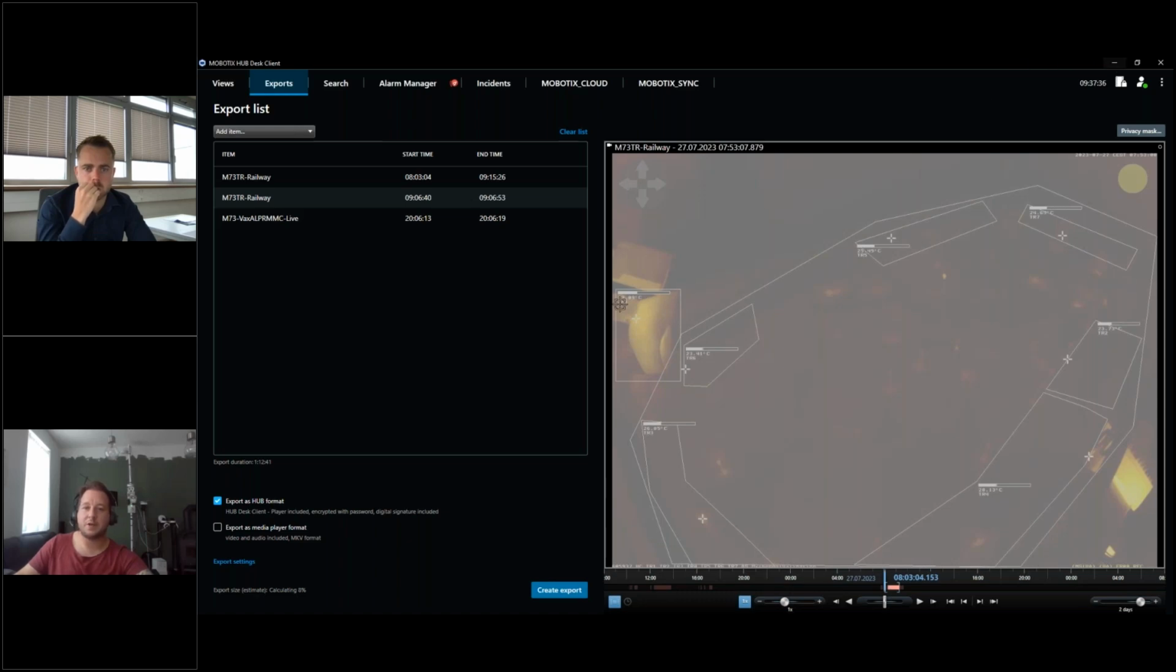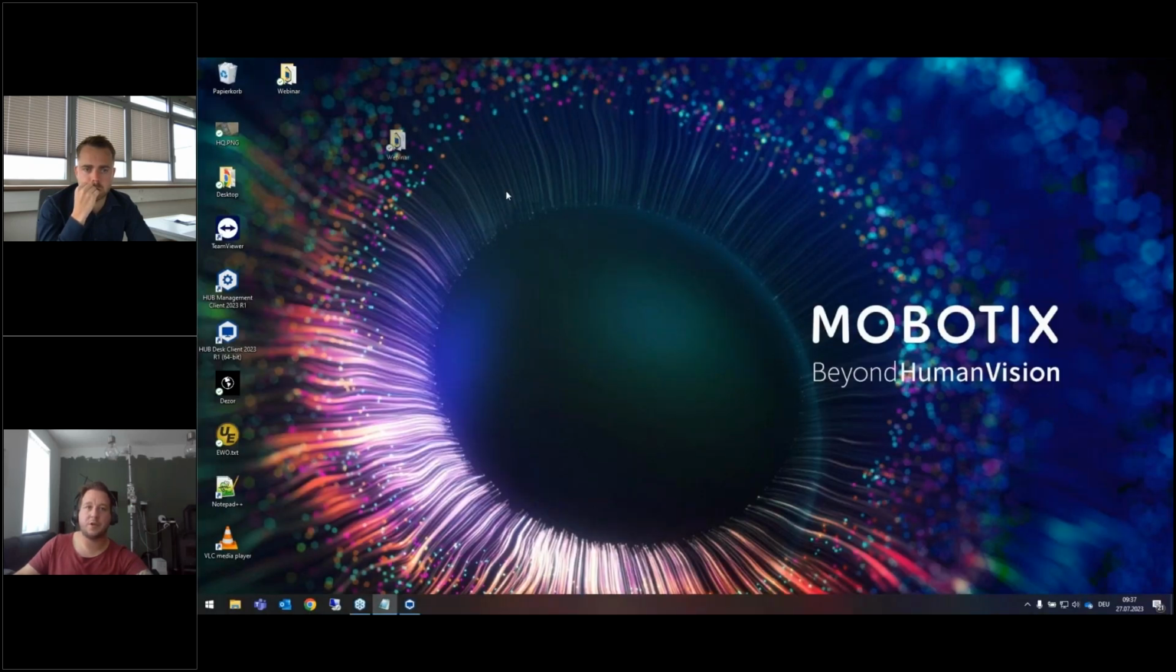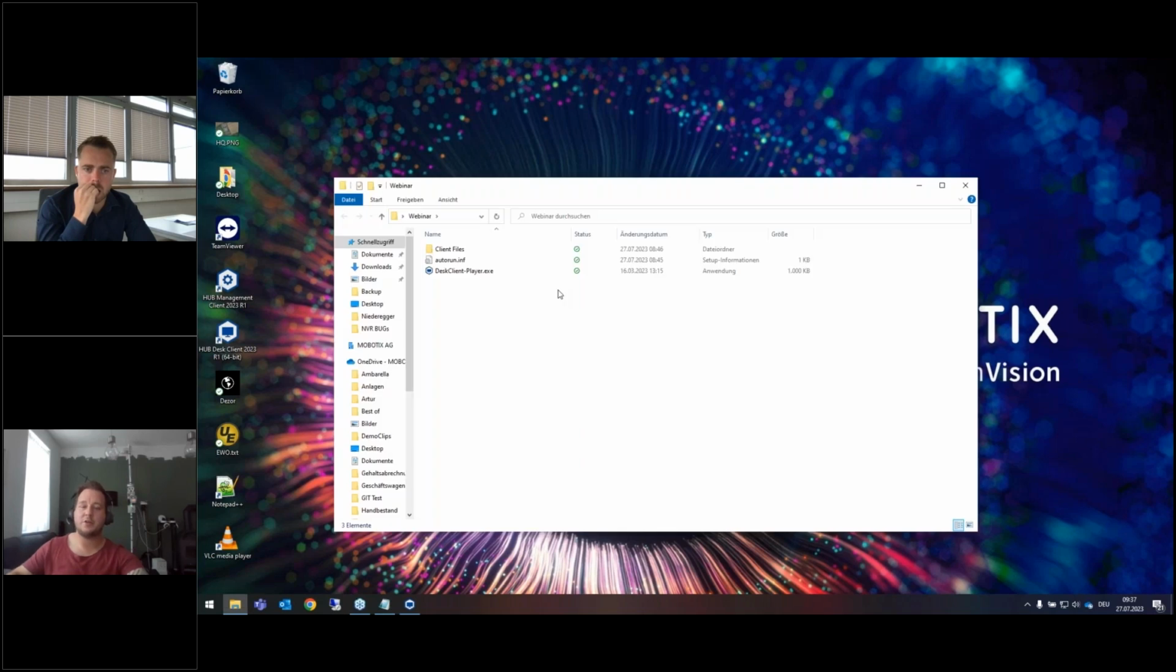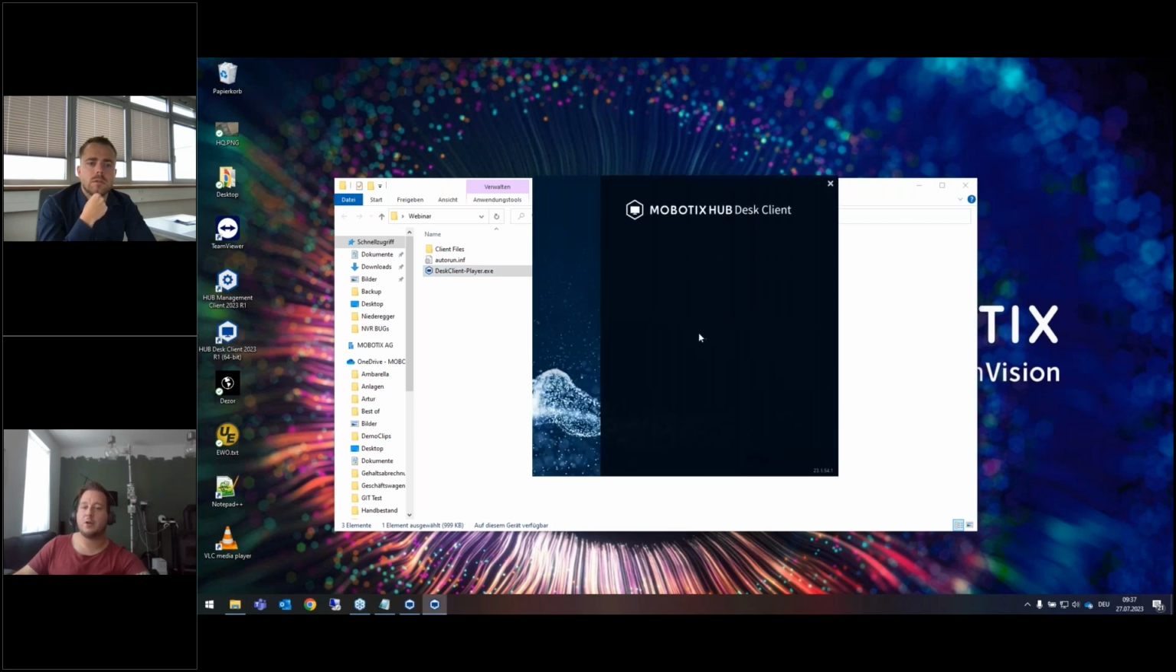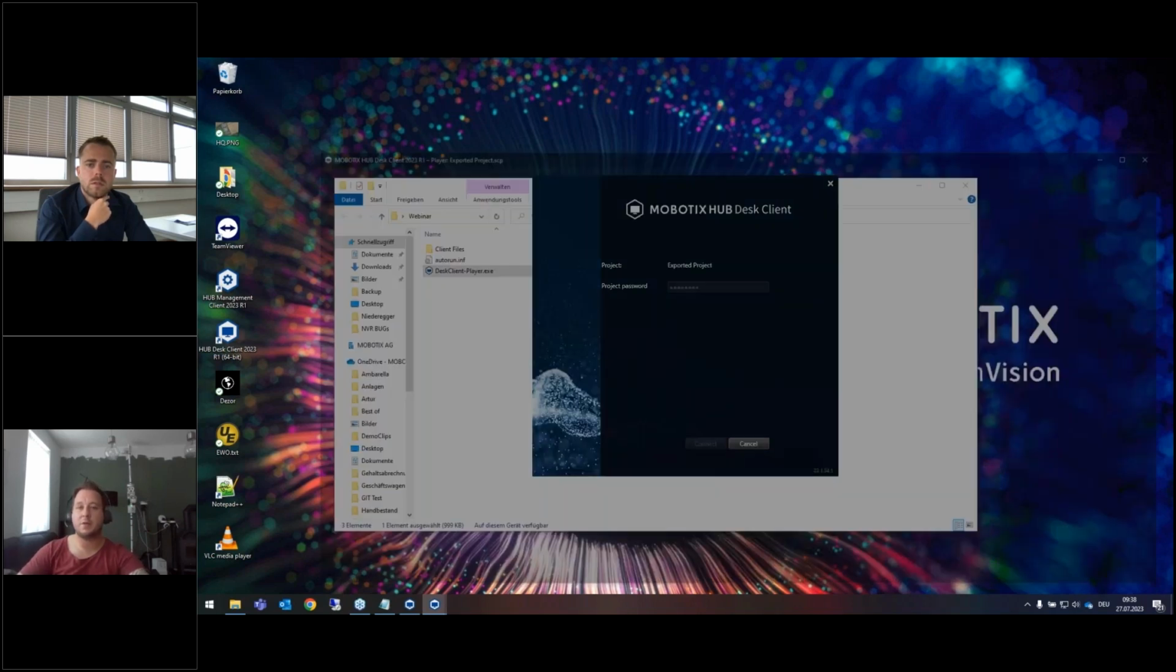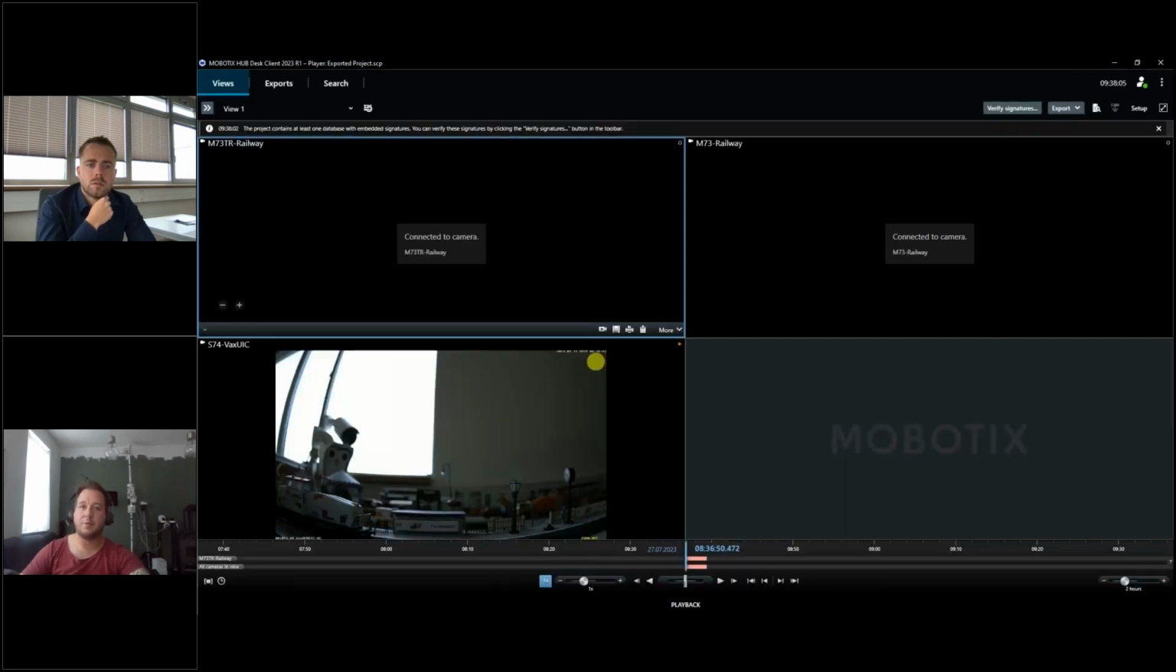So if I export it in hub format, I just created one a few minutes ago. You can see here the folder webinar. When I click on it, I can just copy this folder, give it to Samuel, and he can use it without any installation. He just clicks on Desk Client Player. You can also decide in the configuration, should this also be password protected or not. If I add a password, I give the password to Samuel, and then he can open this